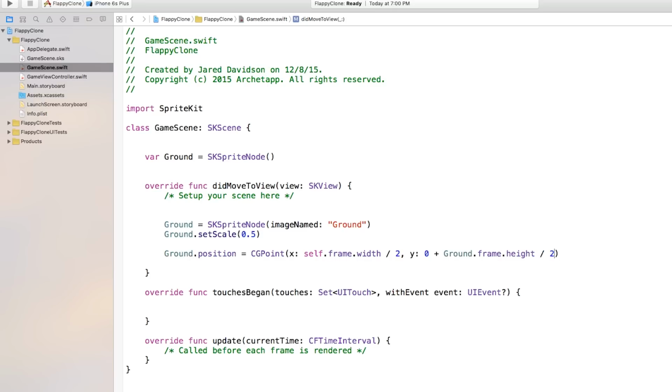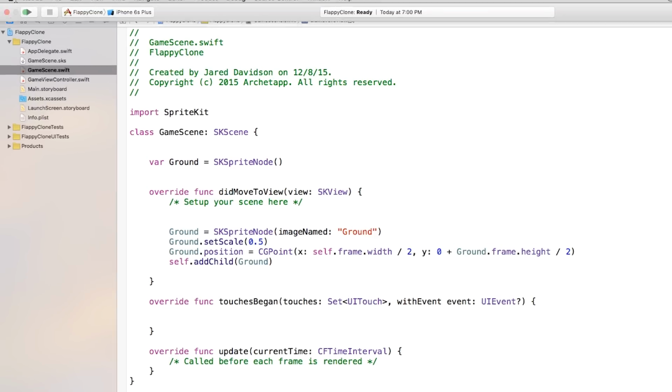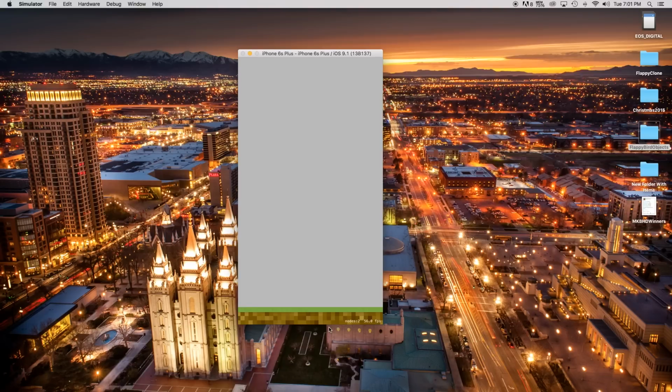And that'll make it just so that it's right above the scene. And then lastly, just so that we can see our ground on the image, we just need to say self.addChild and then ground. So this is the last thing we're going to do right now as to adding the ground onto the scene. So let's go ahead and build and run this. So now as you can see, the ground here is right down there at the bottom of our scene,